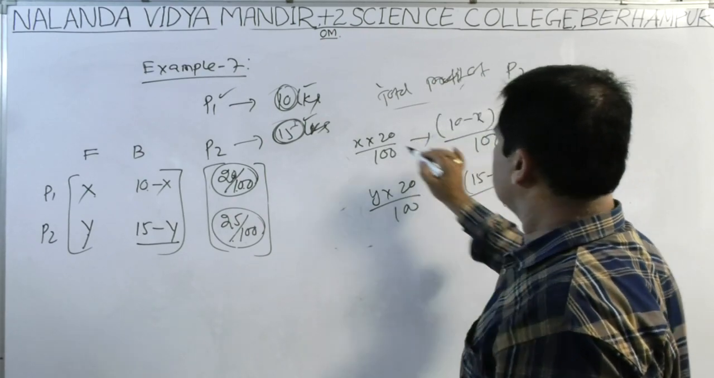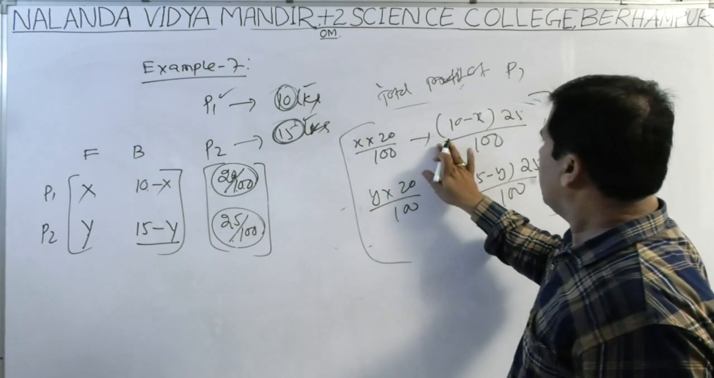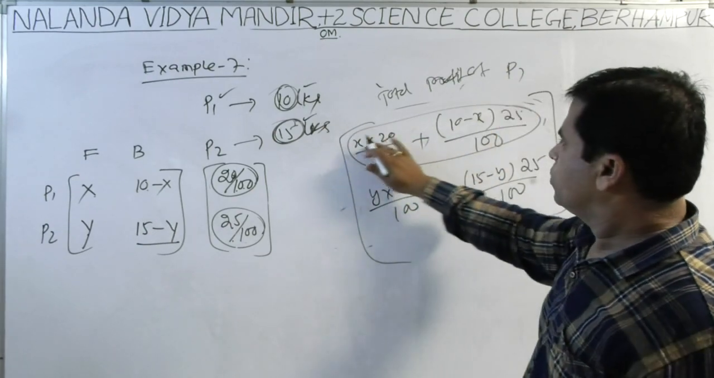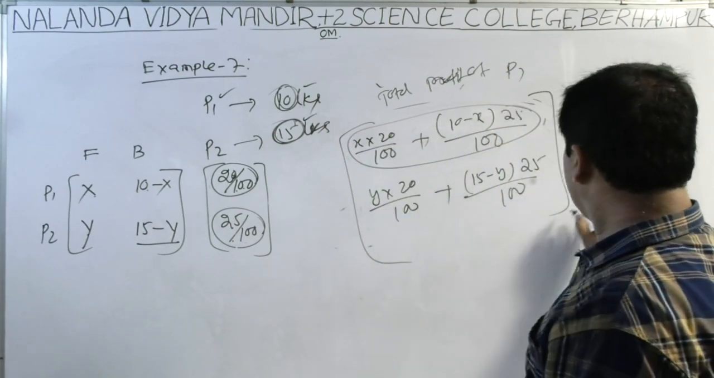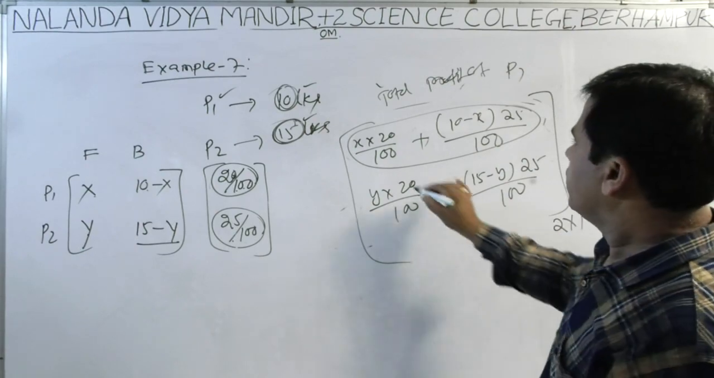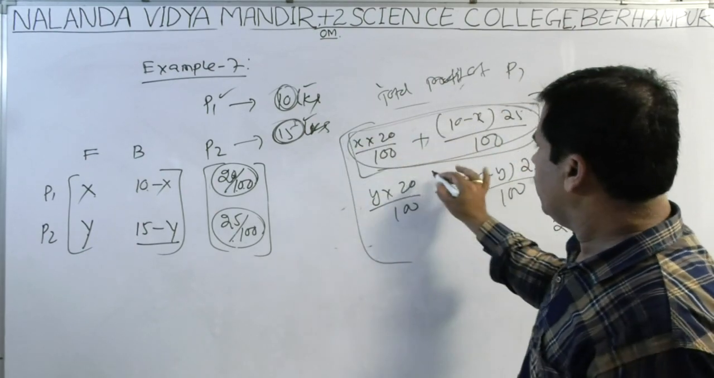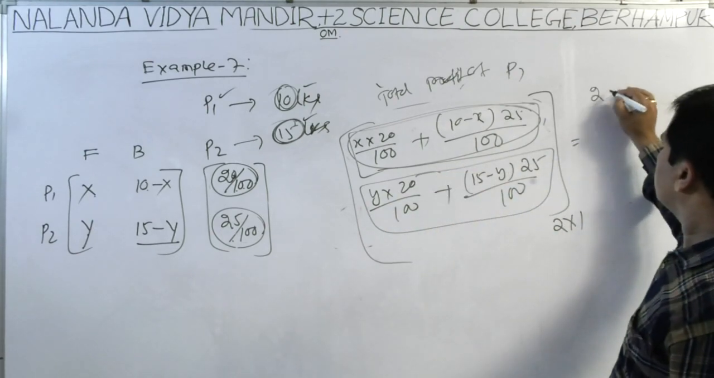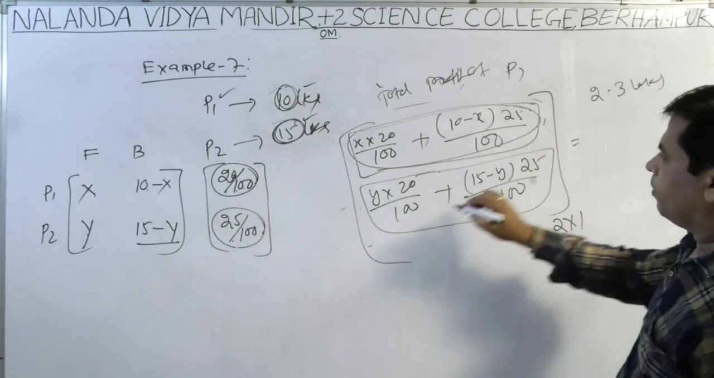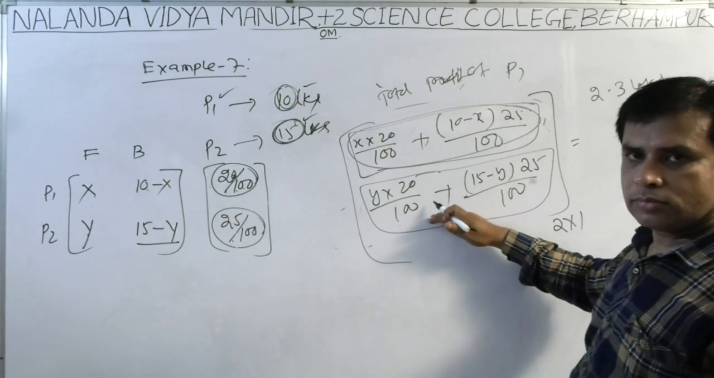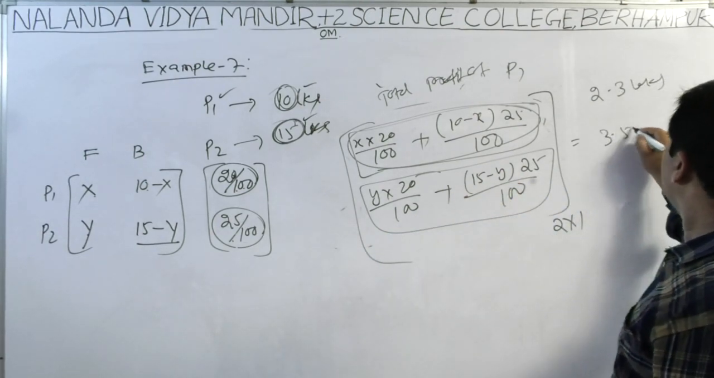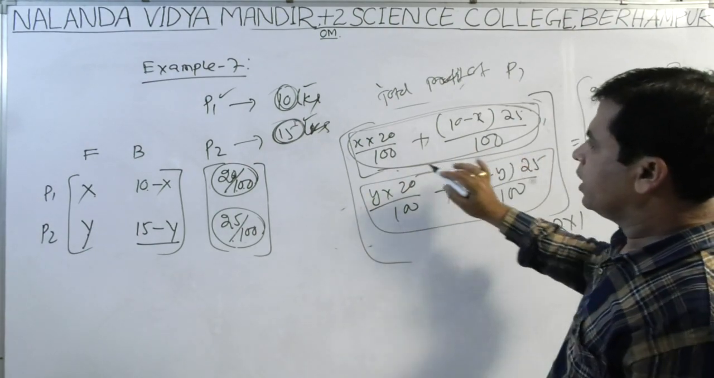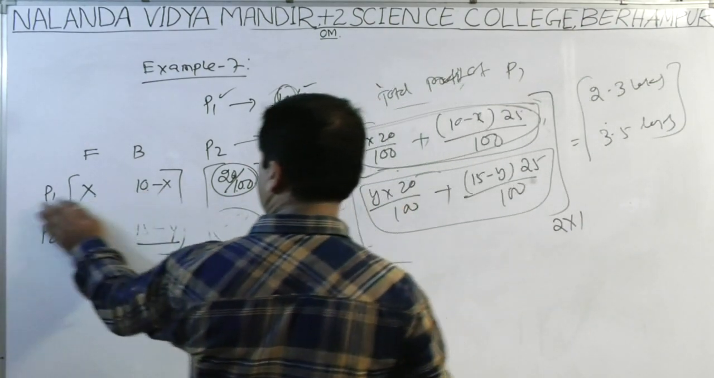Therefore, this is a matrix of order 2 rows and 1 column. This is one row and this is another row. This is the profit of P1 and this is the profit of P2. The profit of P1 is 2.3 lakhs and the profit of P2 is 3.5 lakhs. If we compare these two matrices, therefore here we get